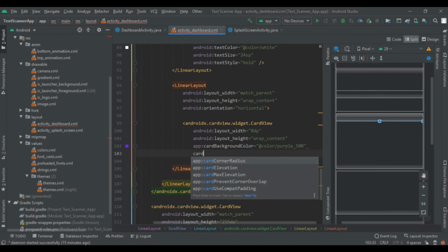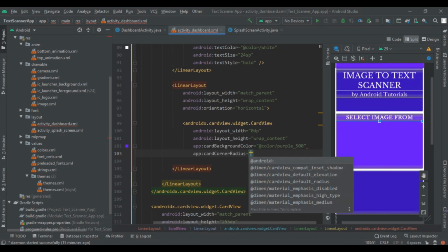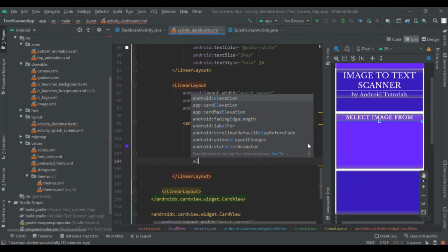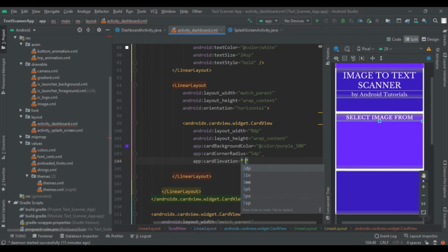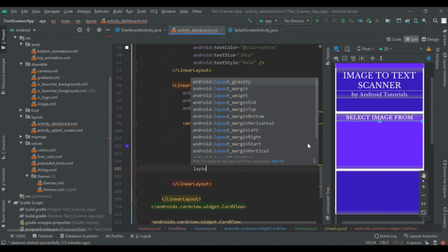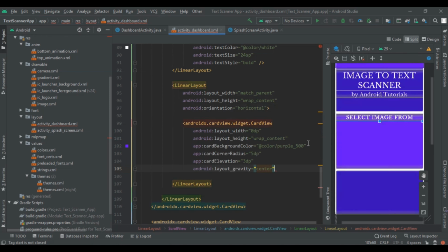So card corner radius will be 5 dp, and then add elevation if you want. So 3 dp will be okay, and then set layout gravity to be center, and then close that card view.